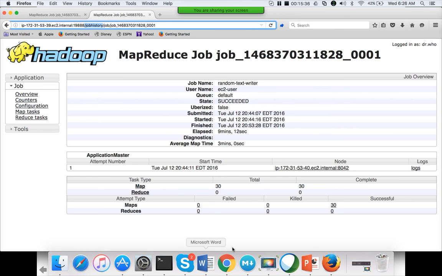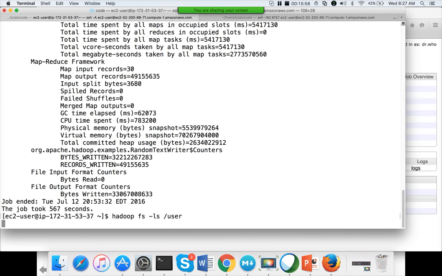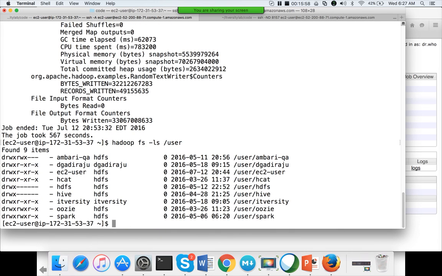The location where this job history will be stored depends upon the distribution and certain configuration parameters, so the location might change. You can say hadoop fs -ls. Typically, it will be under /user/history. I guess there is no /history here.